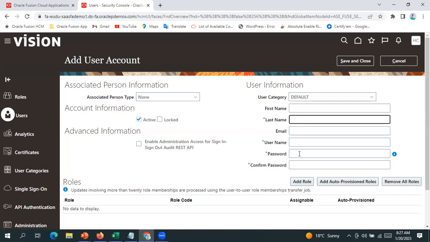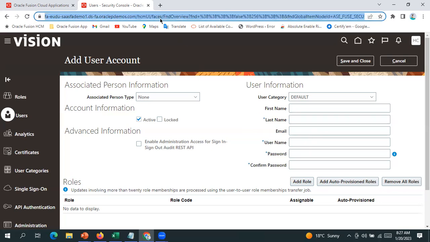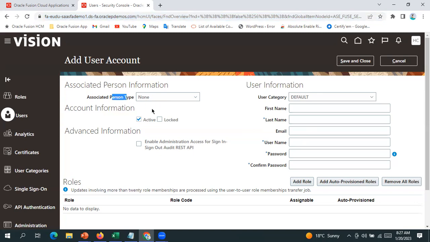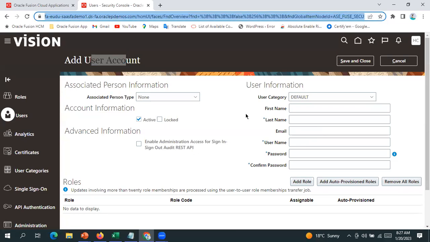Just user accounts, if you want to create, and no worker record or person record is available in the system, then keep the person type as none. But let's say, team, as an HR admin, you are creating the user account for the employee who you already